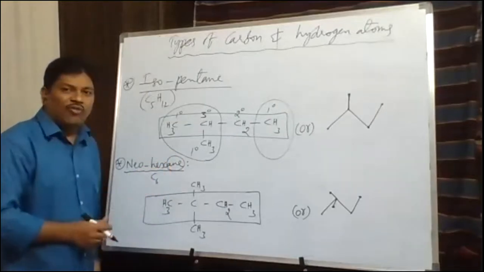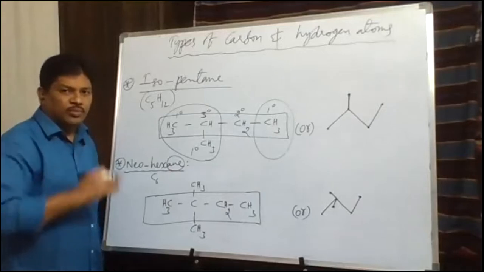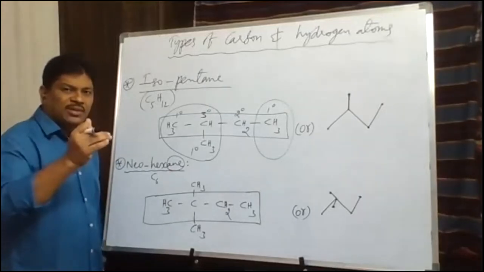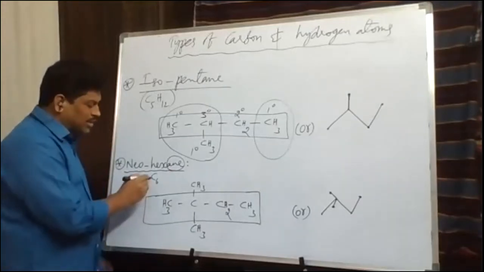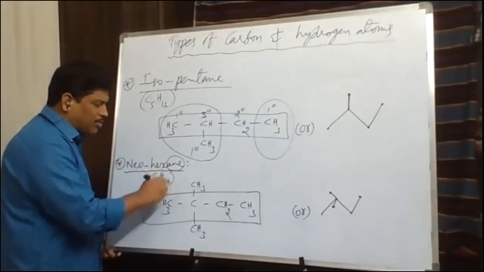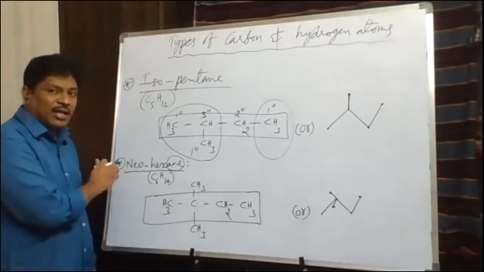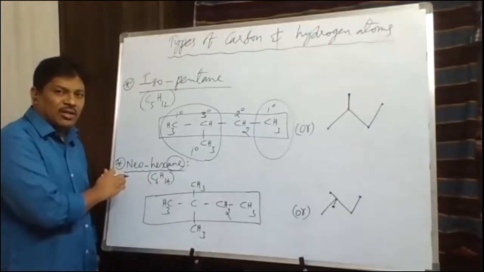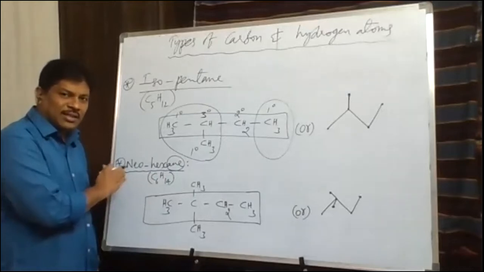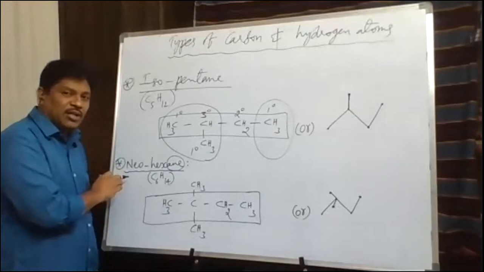Alkane has the general formula CnH2n+2. We have to double the number of carbons and add 2. So it is C6H14. C6H14 is the molecular formula of hexane. And here n-hexane is not given. It is neither n-hexane nor isohexane. What is this given here?